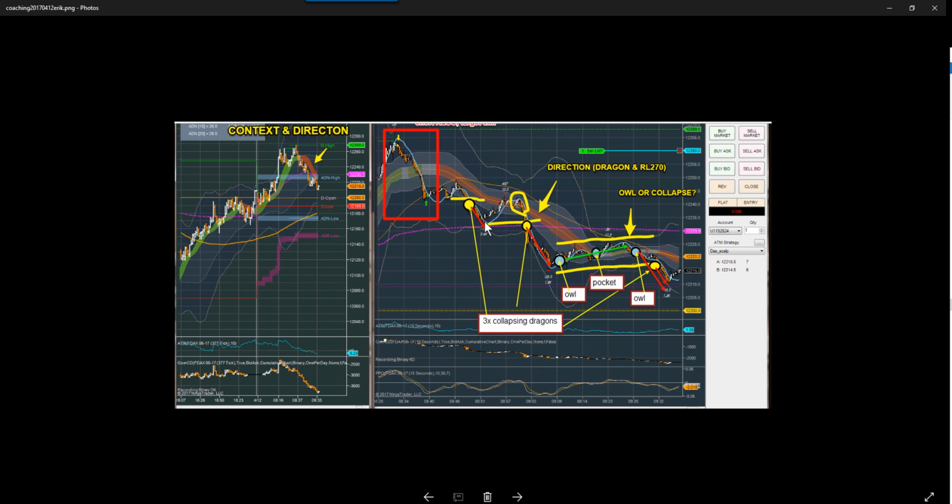I see 3 collapsing dragon opportunities in here, so you got this move down, and then this support level in the RL10. When it collapses through here, that's the auto short, and that's your move. Then this one is another collapsing dragon. Now the bottom of the RL10 comes across. So when this fails, this is like your not later than entry to get short, because this one has the river sloping down and the RL270 rolling over, and it makes a